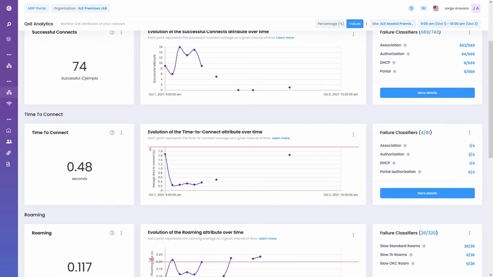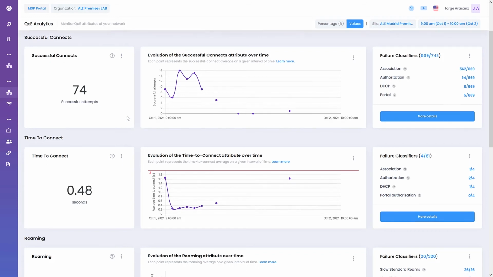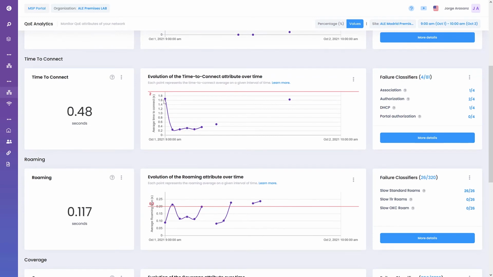With a little bit more detail, we can see here the evolution of the successful connections over time. If you see gaps here, it's because, as I told you, this is a lab, and sometimes there is no testing, and then we have these gaps. In reality, that would be a smooth curve. And we have the time to connect, which sometimes takes longer, as you may see here. If one day we are working between 0.2, 0.4, 0.5 and another day we rise to 1.8, 1.2, 2.0, something like this, then we have to look here and see what is happening.